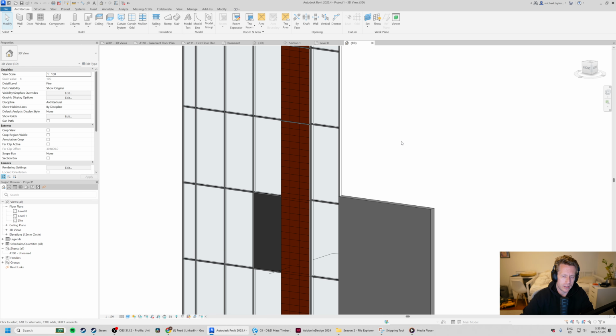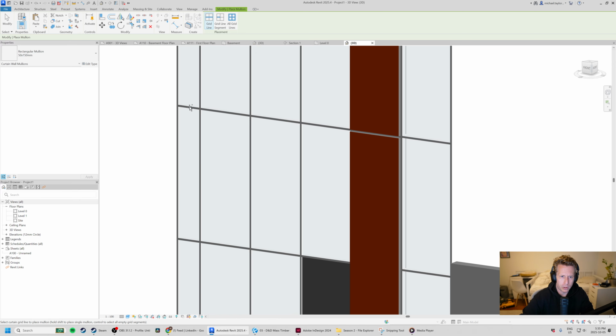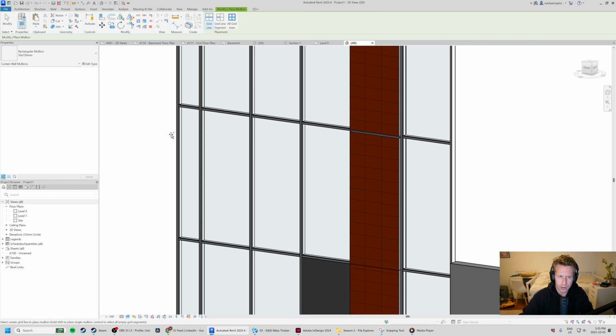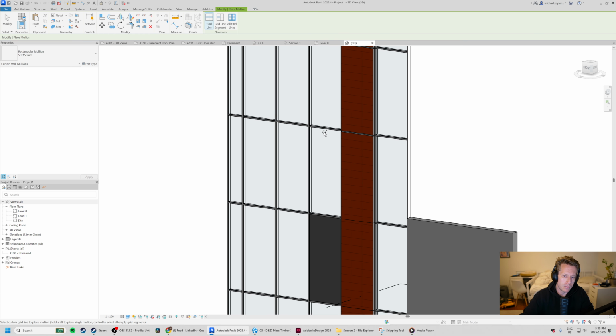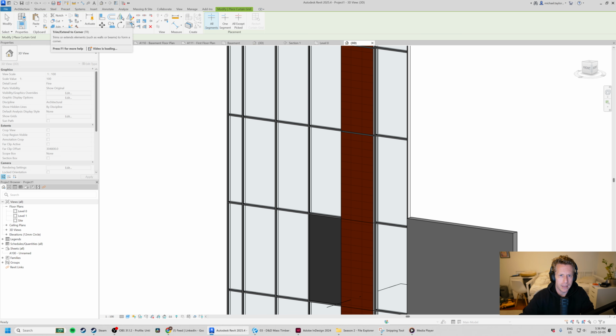And the way that we do that is, you might be tempted to just jump straight to a mullion. Oops, cancel. And you're like, oh, I just want to put a mullion in. Why can't I put a mullion in, the stupid Revit? So, fair enough. That does happen to the best of us at times. So remember that in order to get a mullion into the set here, we actually need to jump back to Architecture, grab our curtain wall grid, and now we can figure out if we go to a vertical grid,